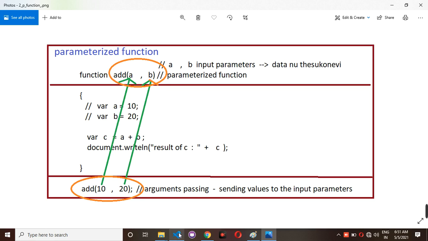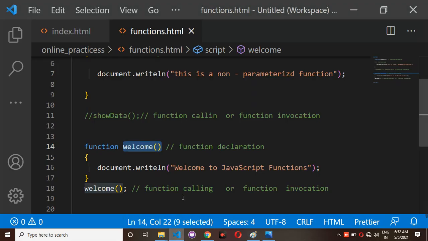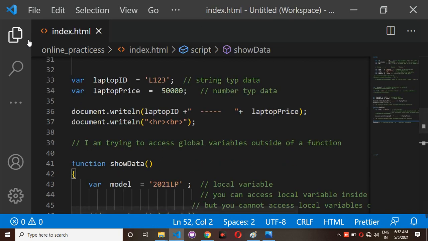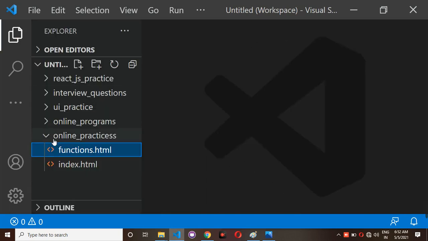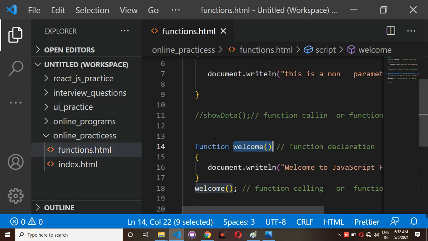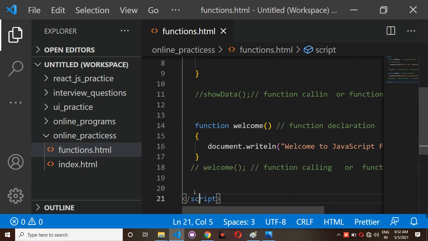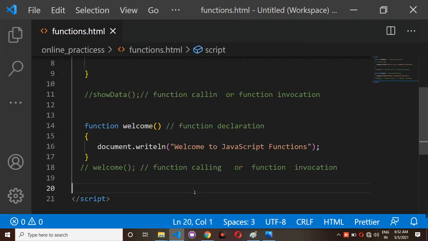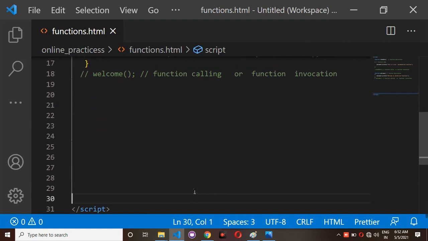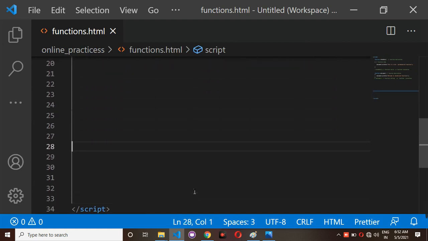So observe here, I am going to write two types of functions. First I am writing a non-parameterized function.